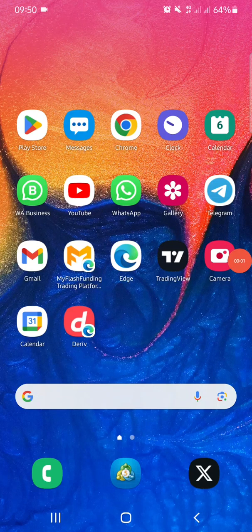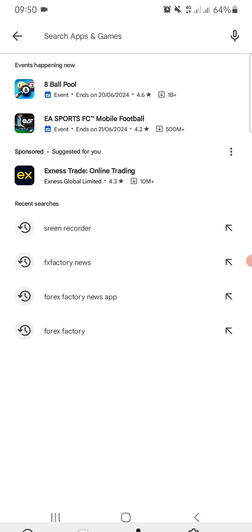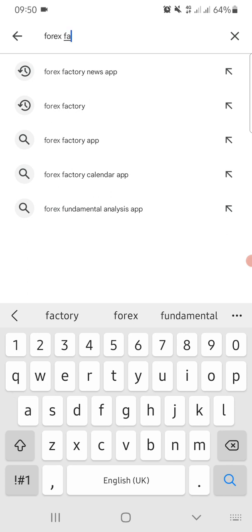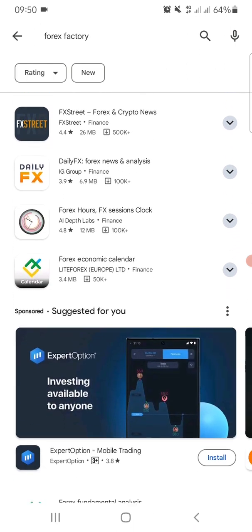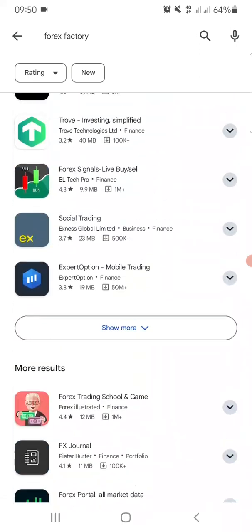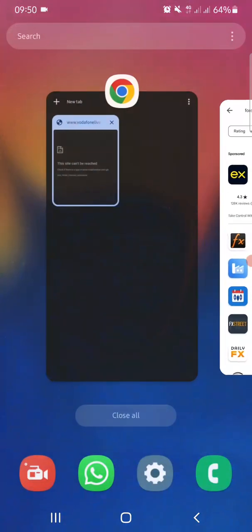Okay, so today I'm going to show you how you can get Forex Factory on your Android. When you go to the App Store and you type Forex Factory, you see you will not get Forex Factory. You will not get Forex Factory's app. So what you can do to get it